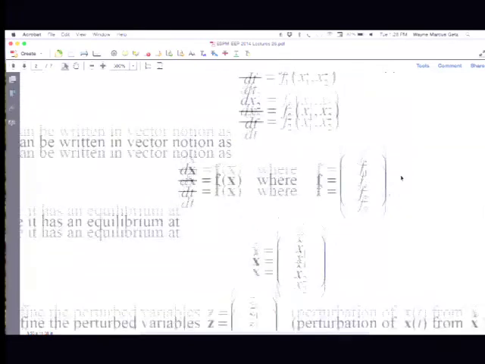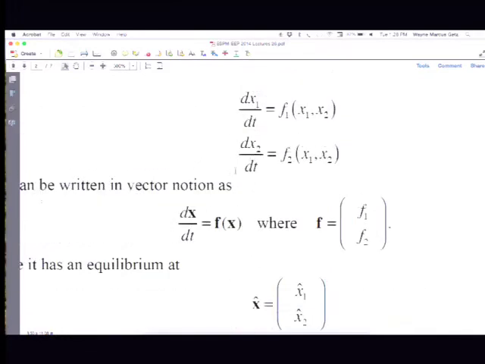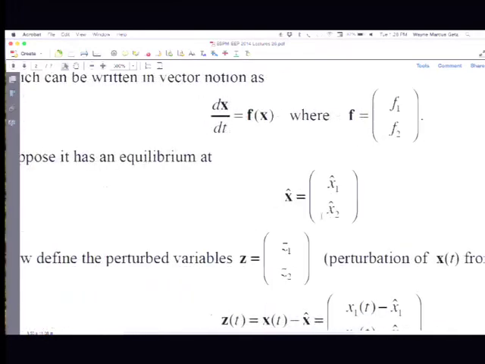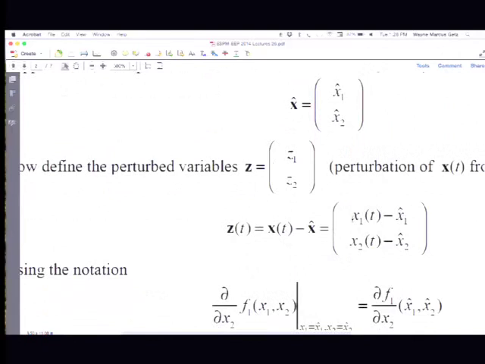Now what I can show is that if I take this equation, dx/dt is a function of x, this is the vector form of this equation, and I say, okay, I'm now going to expand it around this equilibrium. This equilibrium is x hat. So then I define a new variable z, where z represents the distance of x1 at time t to x1 hat, and x2 at time t to x2 hat. So what I'm doing, and so I should probably draw this for you,